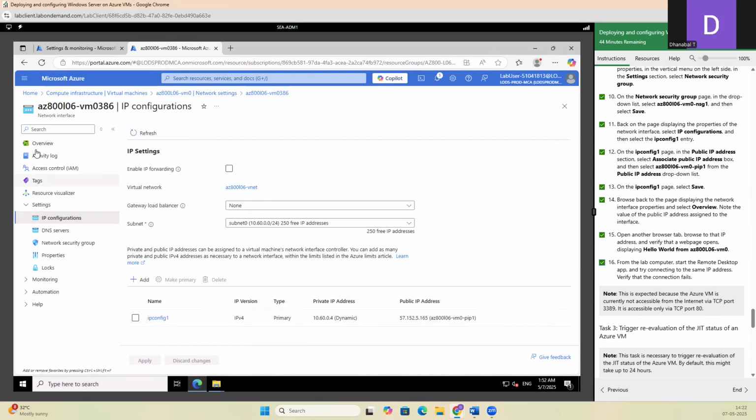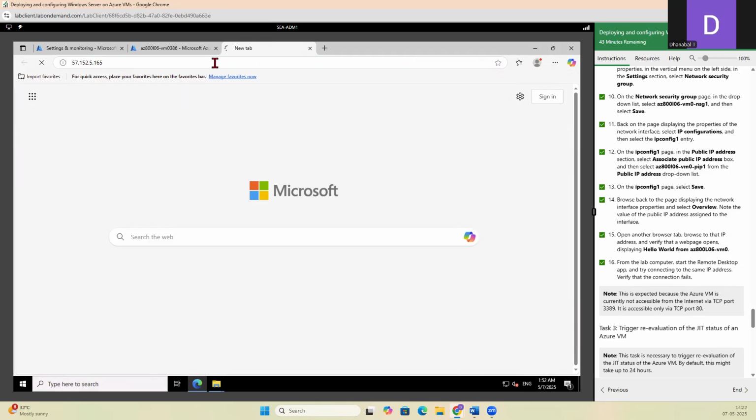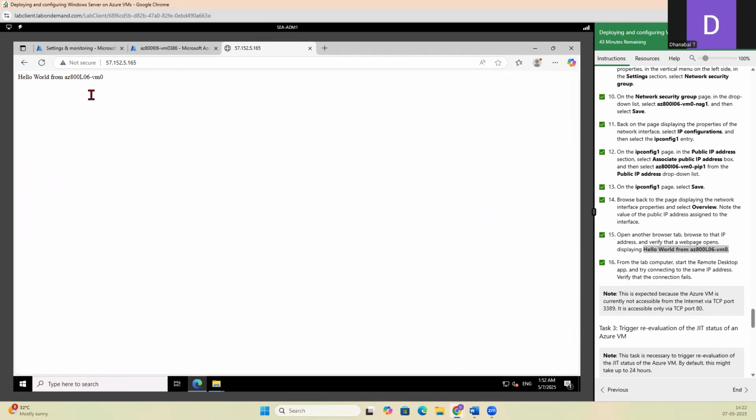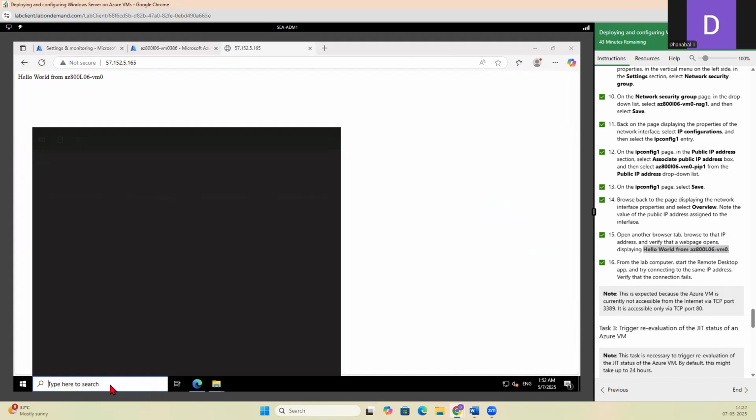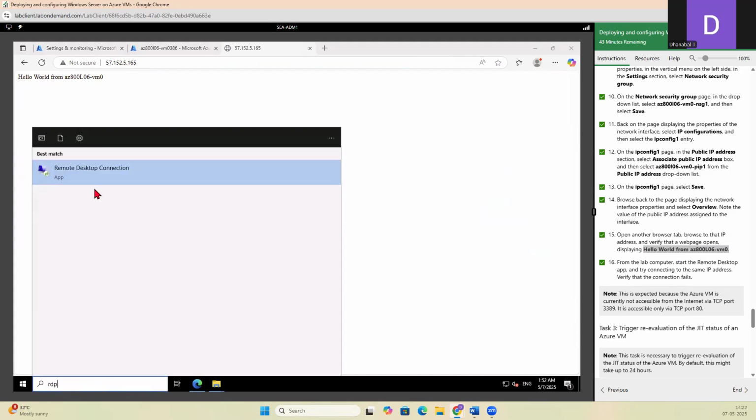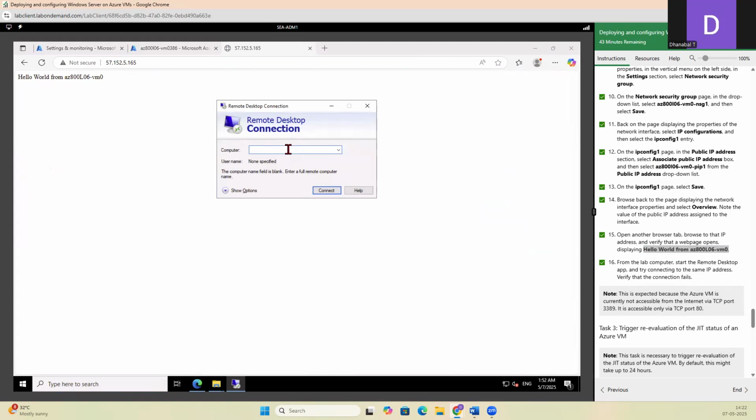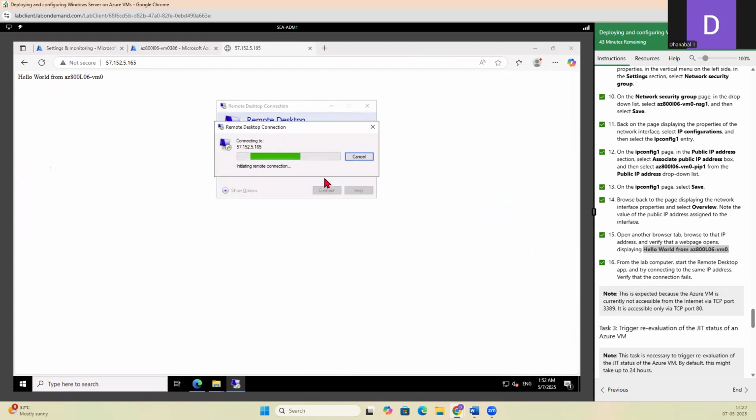So let's copy the public IP address. So this is the public IP address. You can even go to the VM and get it. And it should display this message. If so, then everything is perfect. If not, you have to revisit once again. Same thing, I'll just use the same public IP for RDP connection. I'll give the IP number, and it will not let me connect because we haven't allowed 3389 in